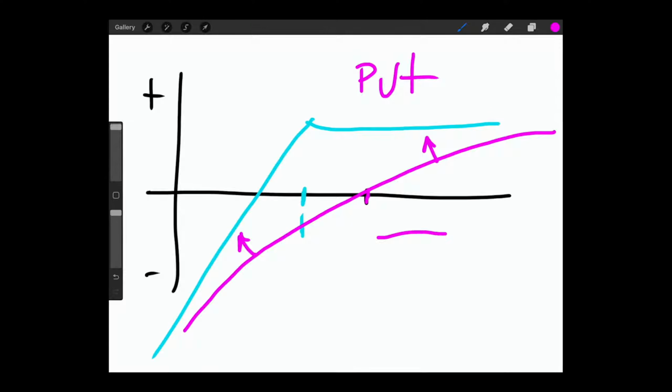So if price goes up or goes down, you follow that purple line. So let's say price goes down to here before expiration. You're like 10 o'clock in the morning. You're down. You're in the negative, maybe down $100. If it moves up, you're up